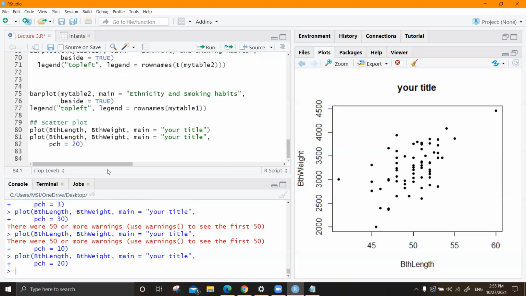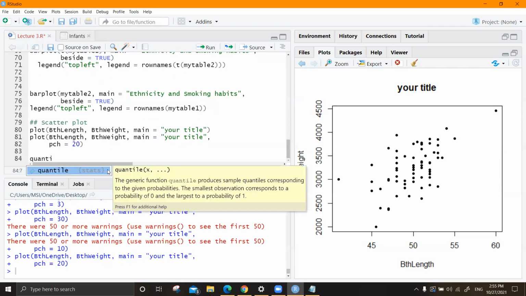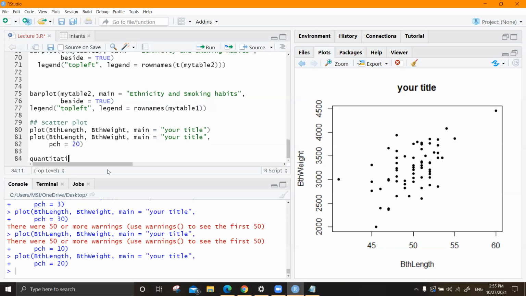So our data frame is what? Infants, right? So let's say we are going to extract data. I'll say quantitatives. Let's give some name for that. Quantitatives of our data frame. So what I'm going to do is, this is also again a data frame, right?